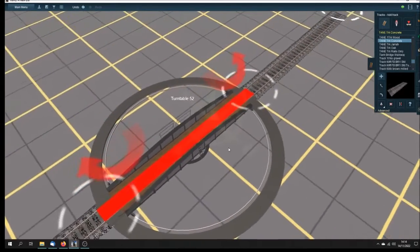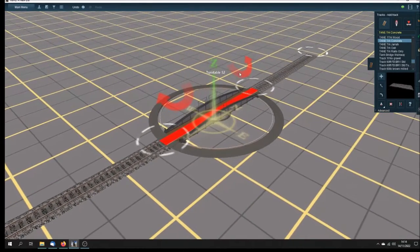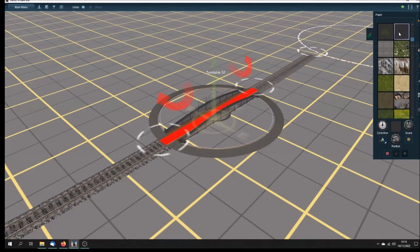Okay, so it all looks rather strange with the terrain like that. So this will act as an ordinary turntable, as we'll see shortly, and all you need to do really is then to go into textures, find yourself a decent texture, I've got a black ballast texture there highlighted already, and I would take the scale right down and also the radius right down. Okay, and just use the direction here. I tend to hold down the key, or just do it at odd intervals just to give a bit of randomness about it. And you just basically want to texture the ground,